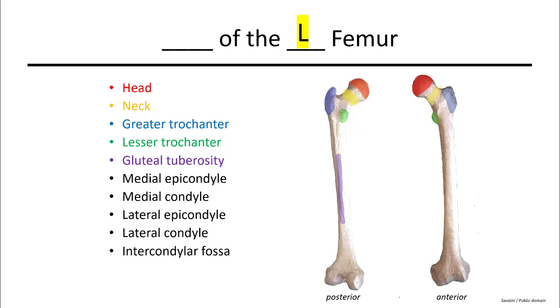muscle attaches. On the distal surface, we can see identified by the arrows a medial in green and lateral in blue epicondyles. So those are those wide ridge lines before it drops down into the smooth condylar surface. And then the smooth condylar surface, we have a medial condyle and a lateral condyle identified in green and blue respectively. And finally, on the posterior surface, we have that intercondylar fossa, which is right between the two inside that